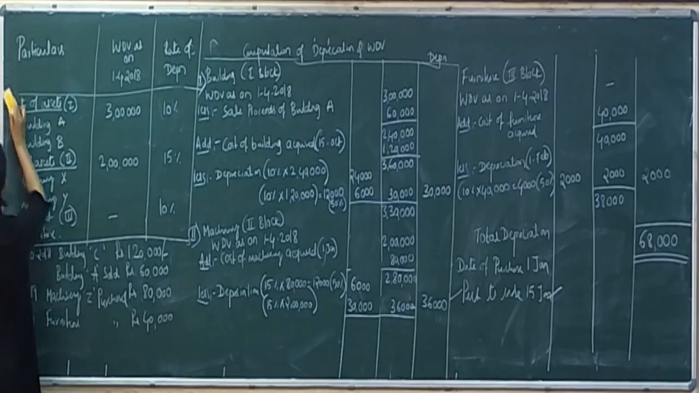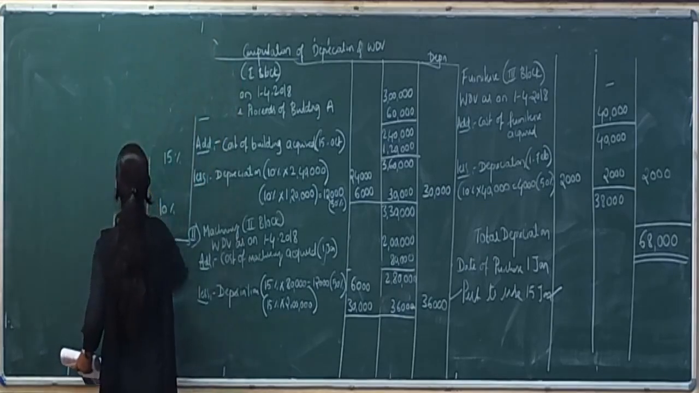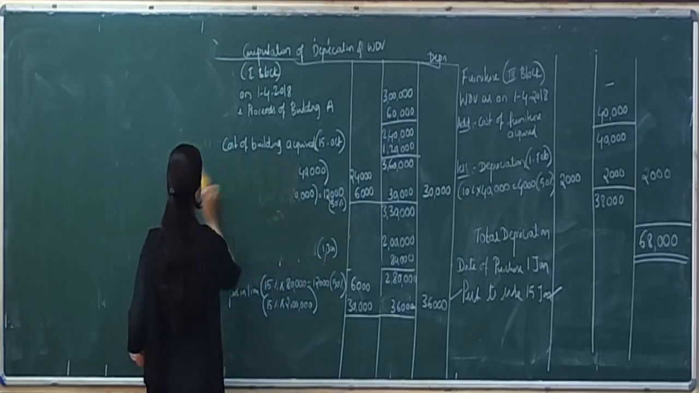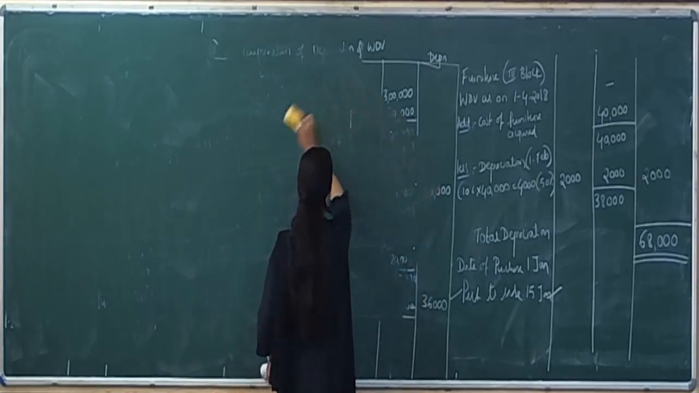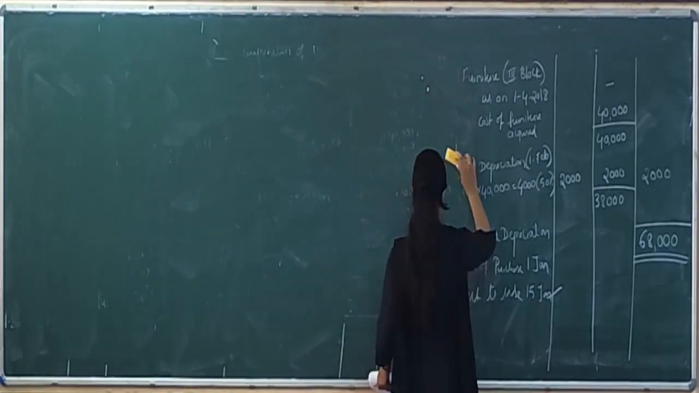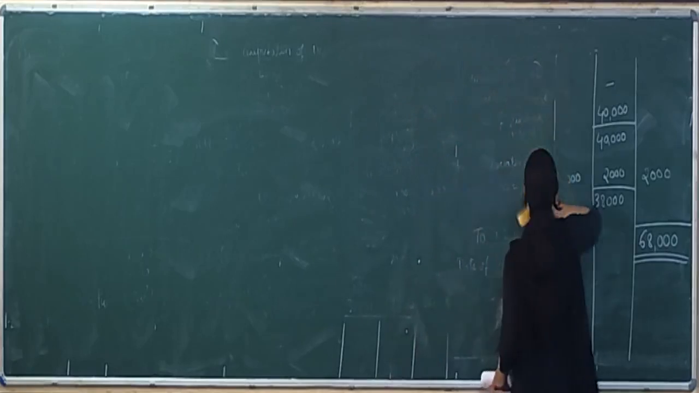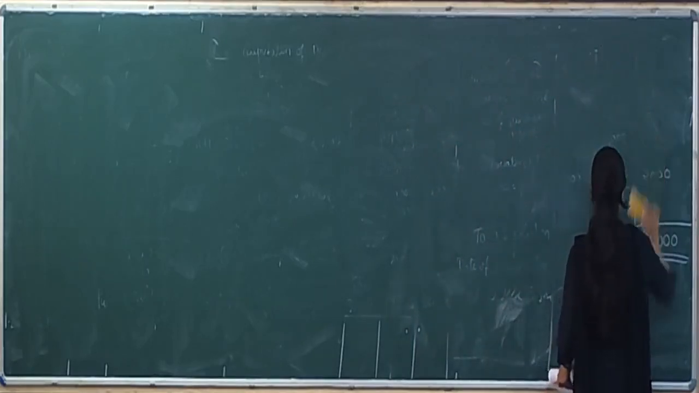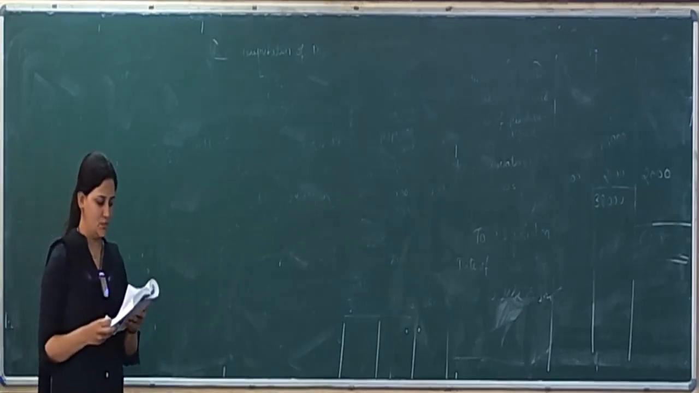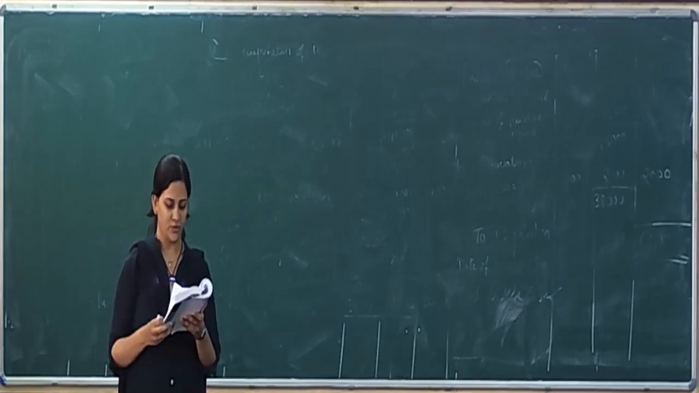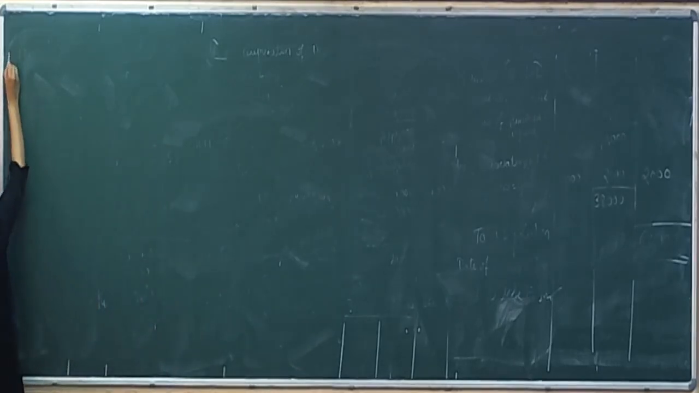We can take up the next problem on depreciation. Calculate the amount of depreciation allowable for the assessment year 2019-20 and the written down value of each block of assets as on 31st March 2019 from the following particulars of assets. So now here they have given different